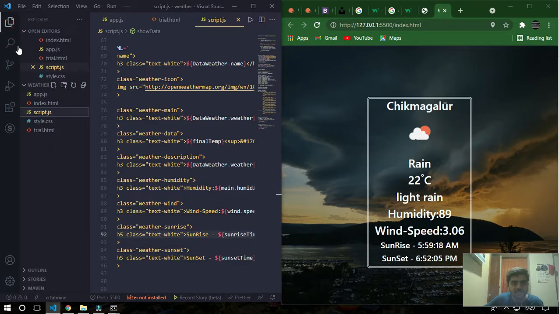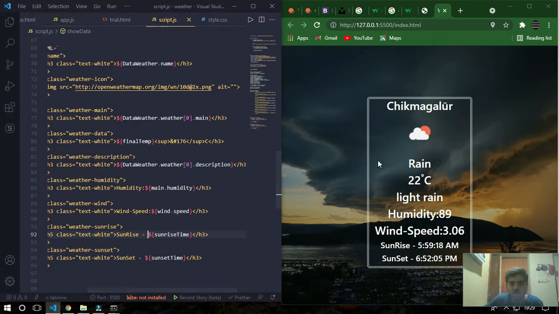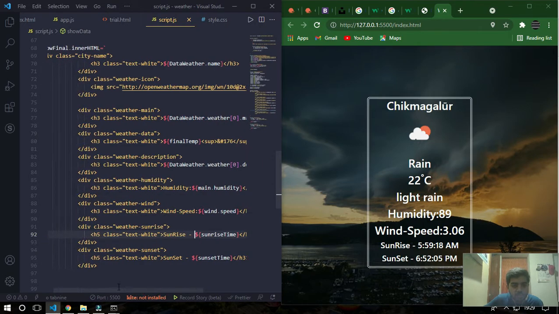Then afterwards, wind speed, also wind speed, I'm going to just replace it with h5.